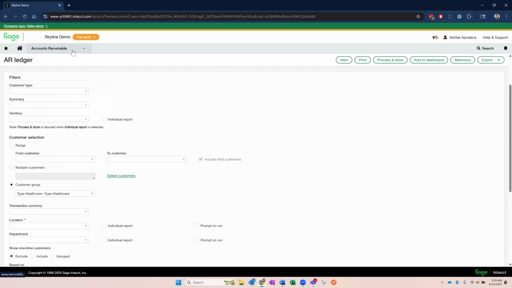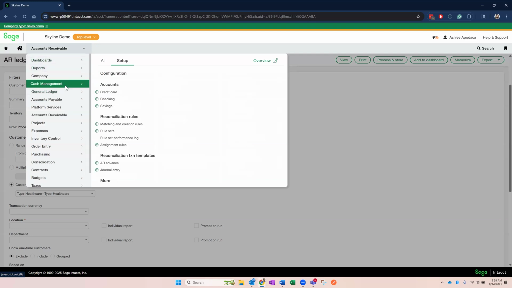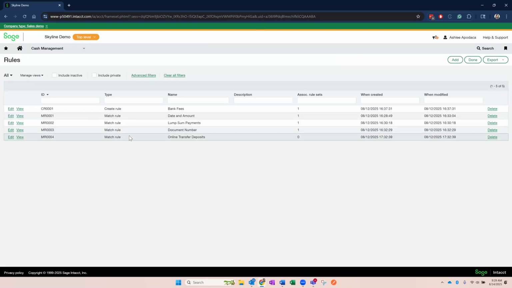So now let's shift over to cash management. Over time, banks have made additional bank data available from the banking cloud. So now you can see even more fields from incoming bank fee transactions to tailor your matching and creation rules or even your assignment rules. So now you can use the wider range of fields to increase matching accuracy during reconciliations and when automatically assigning